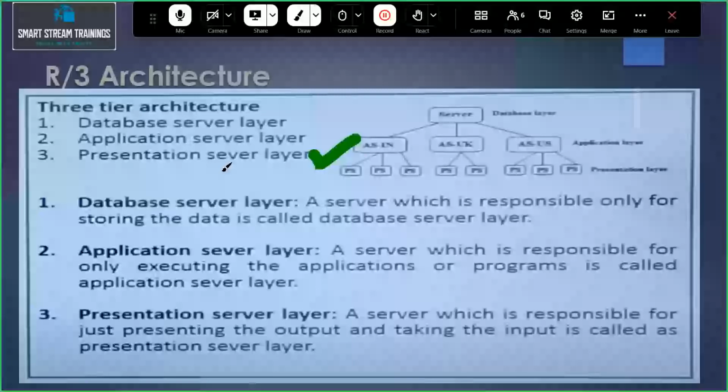For example, when I need to find particular customer details, I can interact with the screen through a laptop or phone, whichever we can view. The layer through which we can enter the data, display the data, and view that particular data is called the presentation layer.